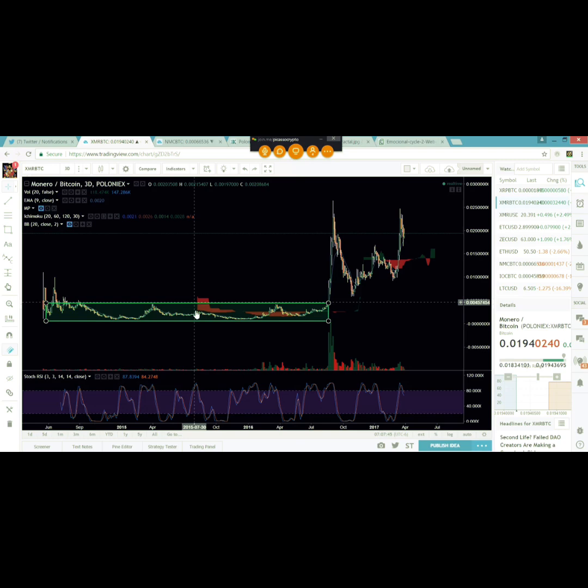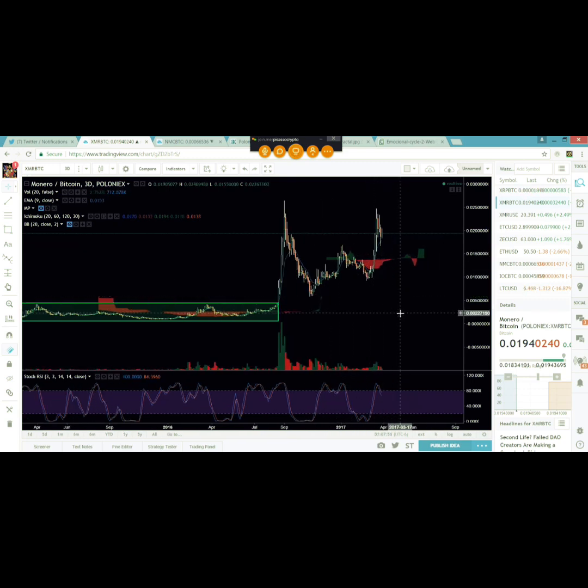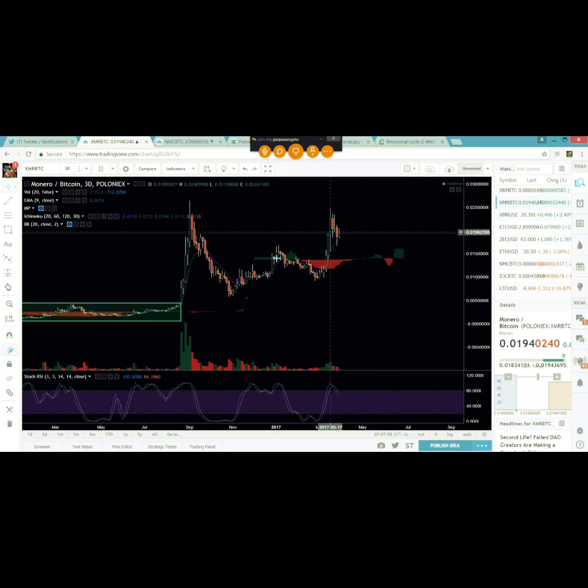So when you look at something like this, and you have all of this action before, and then you see a market cycle like this happen, and then you see a breakout like this happen again, well, then it kind of gives you an idea that, okay, there's another one of these market cycles coming out of this move, that should be bigger than this one, because they get bigger as they go.